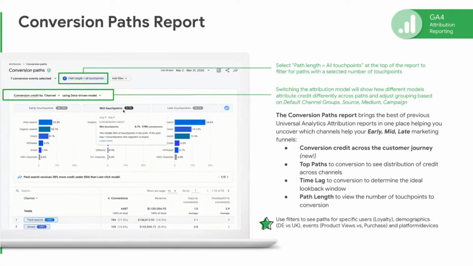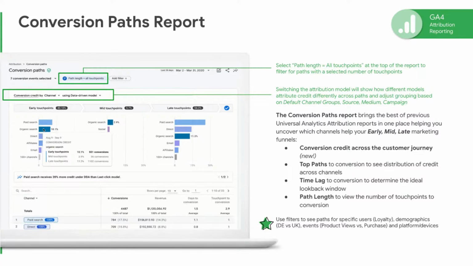So here, this is essentially an enhanced version of the reports that you used to see in Universal Analytics. Here we are essentially combining and merging together the conversion path, the path length, and the lag report for multi-channel funnels in Universal Analytics. We also have on the top a new customer journey visual with early, mid, and late